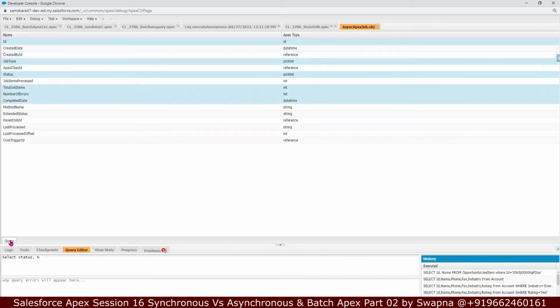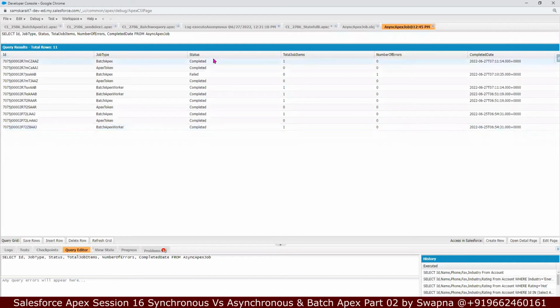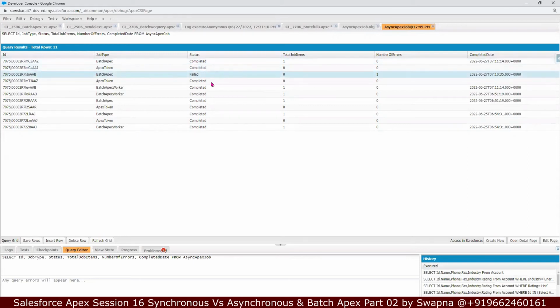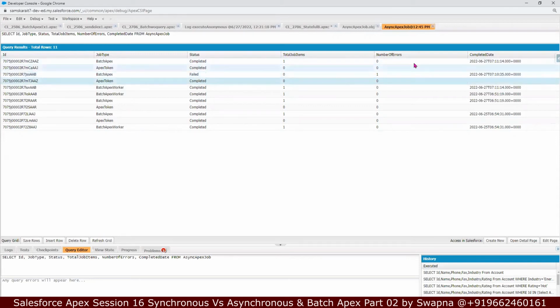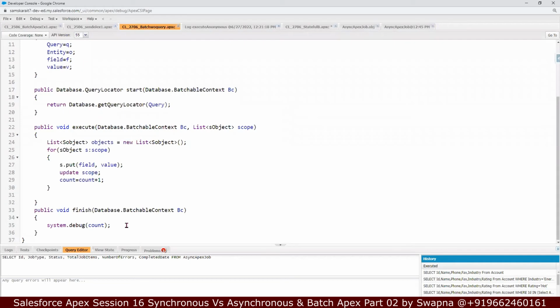Right, once you have selected, let's click on this. What will happen is it is going to give you the result. So these many batch classes have been executed. Today is 27, right? So you will know how many batch classes are completed, how many failed, and how many are in progress. So in real time, what we do is in the batch class, in the finish method,